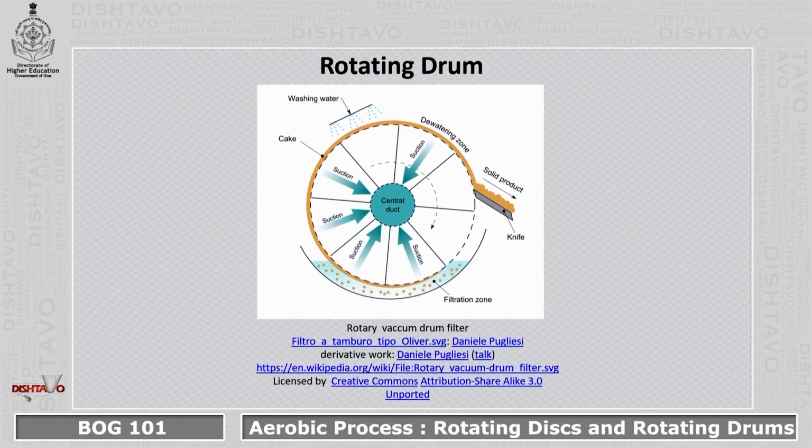This is the rotating drum, wherein the influent or the wastewater enters the tub which is present below the rotating drum. Once it has entered, the rotating drum will develop a suction pressure from the center and it will absorb all the content present in the wastewater towards the center. The wastewater is then passed through the filters present on the rotating drum and further passed into the central duct. The water absorbed into the central duct will then be purified and disposed out as effluent. This can be further reused or can be directly disposed into the environment.